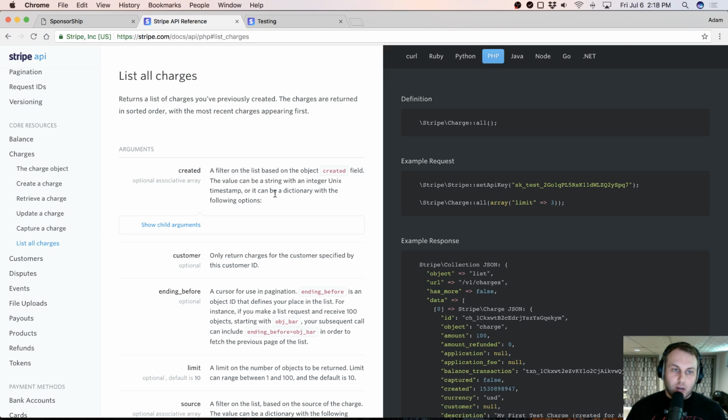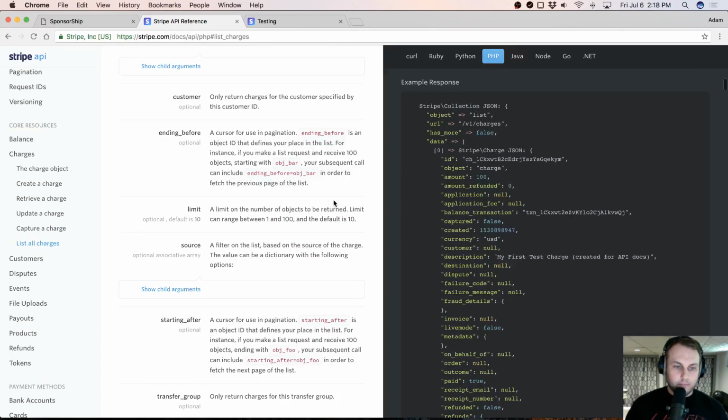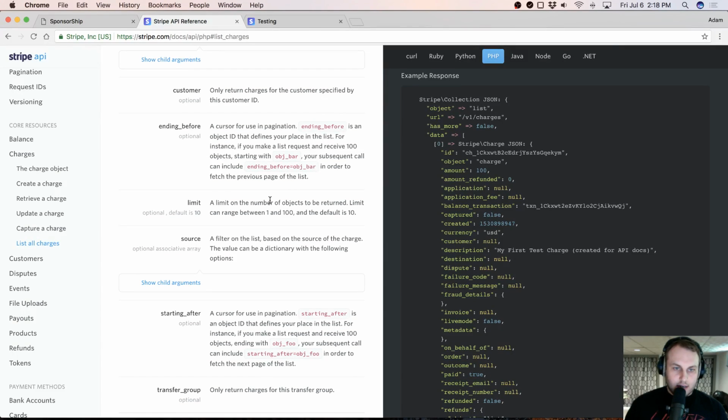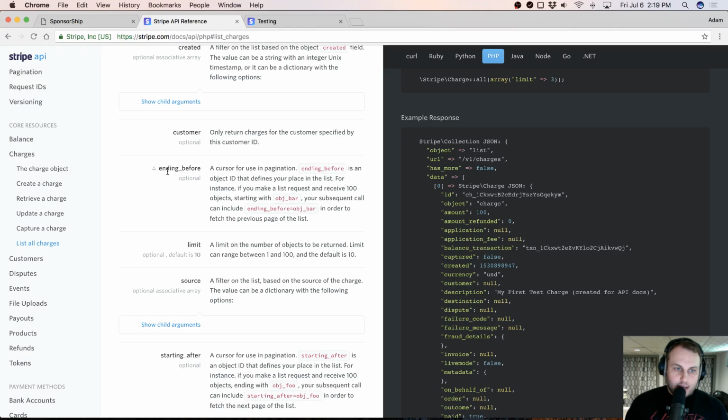So the problem there is that every time we run our tests, we're going to be dumping new charges into this fake Stripe account. That means that if we ask for all of the charges back, we're going to get charges from previous test runs, not just the current test run. So the way to get around that is using these markers that you can use in the API to basically say, I only want this window of charges. So here we can say, using ending before, we want all of the charges that